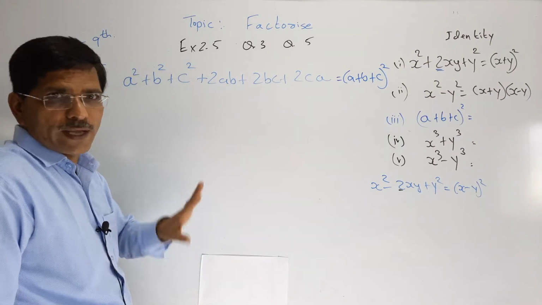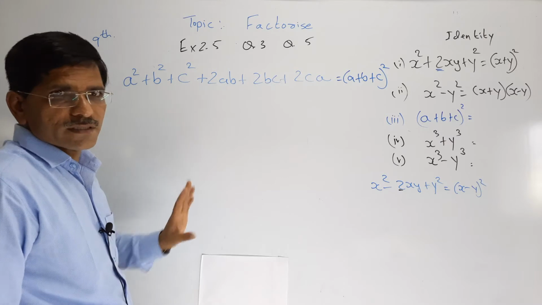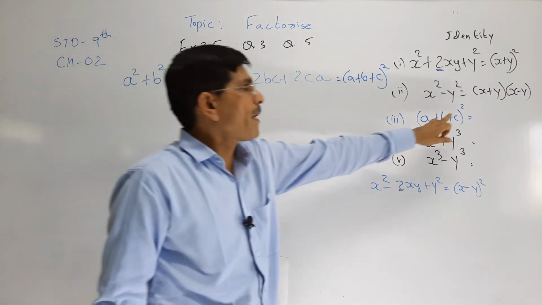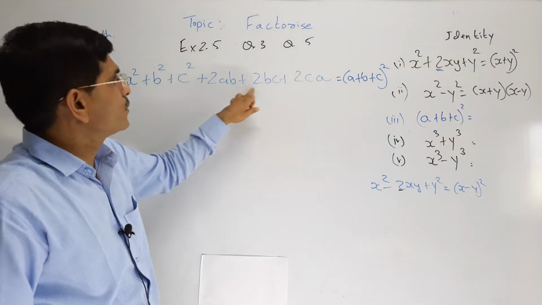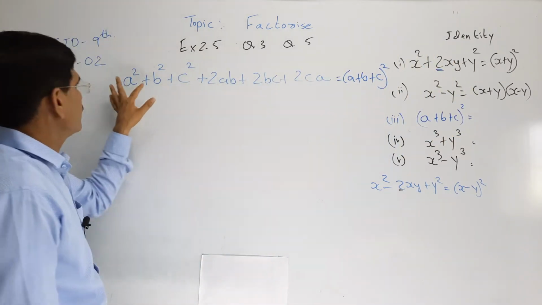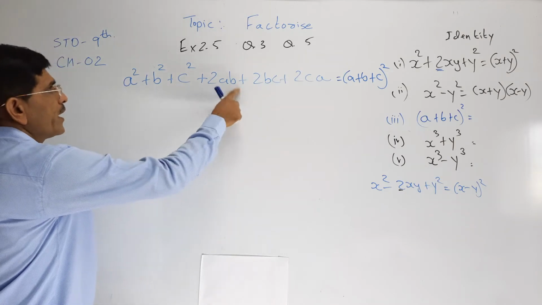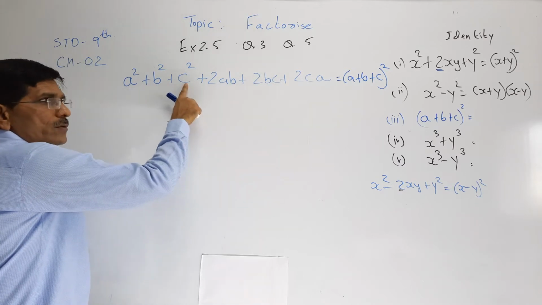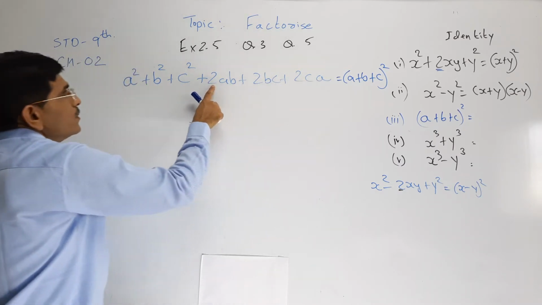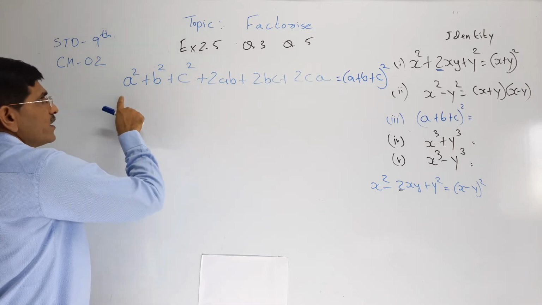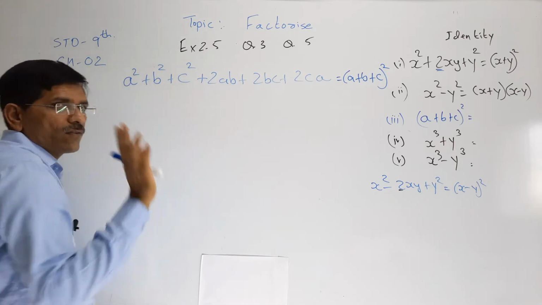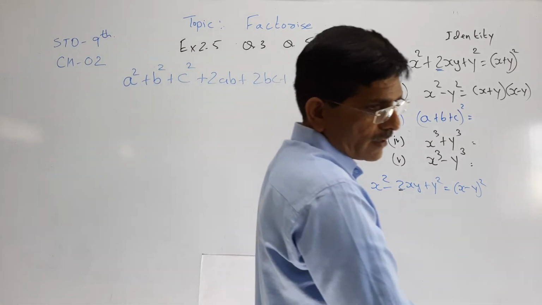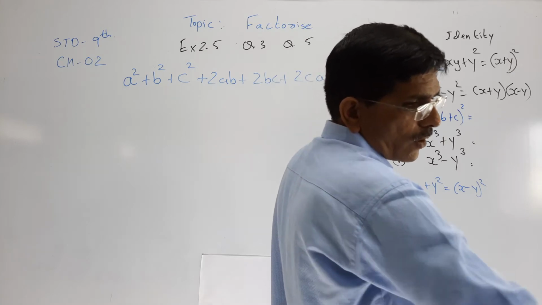First 3 terms are squares: a square plus b square plus c square. Then the fourth term, the power is 2, so I have to write 2, 2, 2. Afterward, first term with second term: 2 into AB, A into B, not square. 2 into BC, 2 into B into C, and 2 into CA, 2 into C into A. First, second; second, third; and third and first. That is a way. Now, if some question is given related to it and we have to solve this,